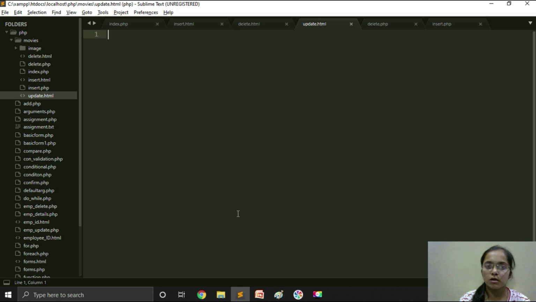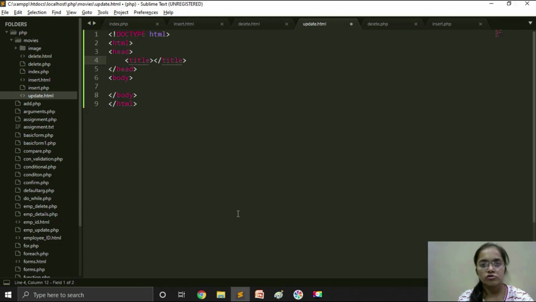First of all, we need a text box that will accept the movie ID from the user, and then after clicking on the go button or submit button, we will check whether the ID exists or not. If the ID exists, then we have to perform the update operation, otherwise we have to show a message that please enter valid ID. So first of all, create the HTML file,